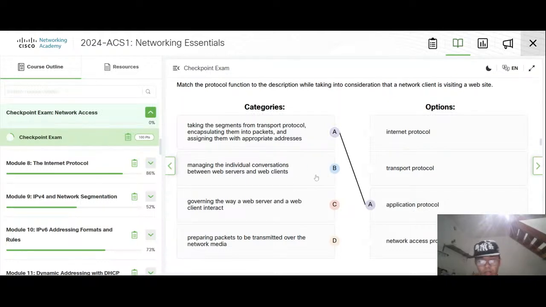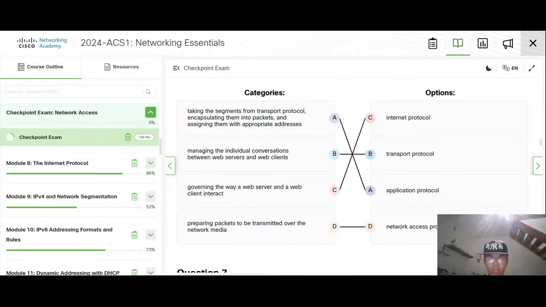Conversation management, conversation between, what is it, transport. Preparing it to be transmitted is network access. Govern the way they interact. Manage.